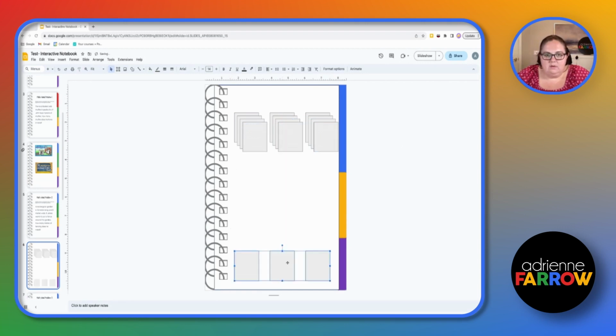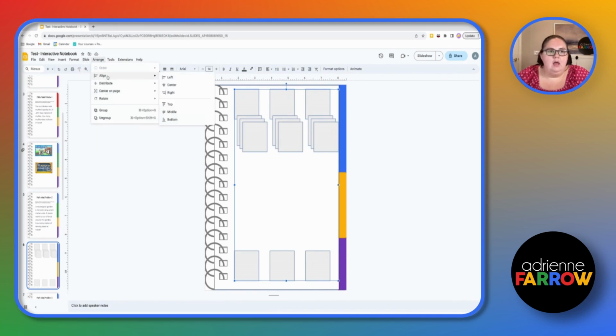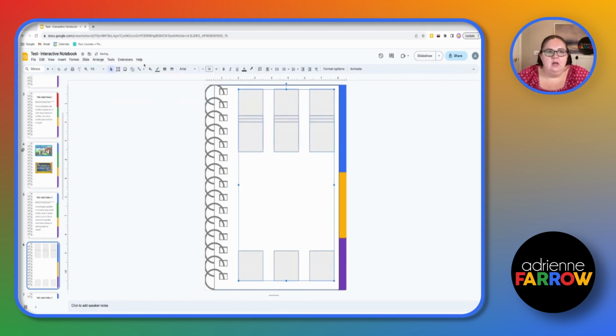And then what I like to do, this is what I do when I make my spirals in PowerPoint, is I like to arrange the top one and the bottom one. And then I like to get all of those in there, and I align in the center. And then I distribute vertically. So now they are aligned and they're distributed. So I have an evenly spaced grid of these